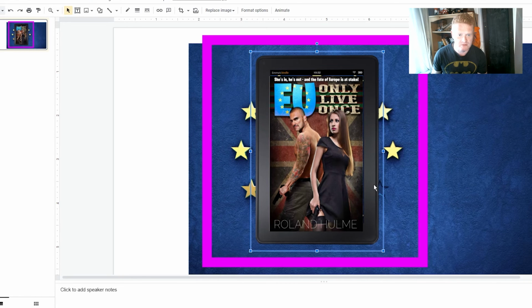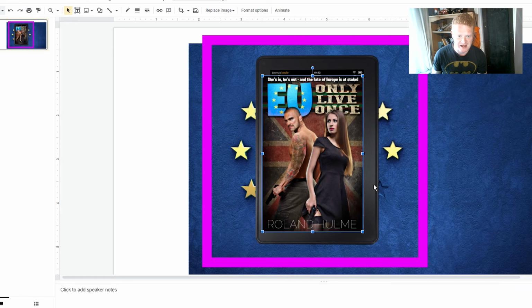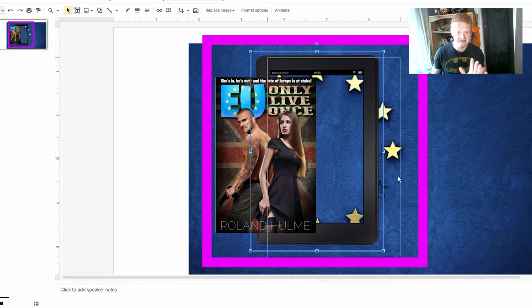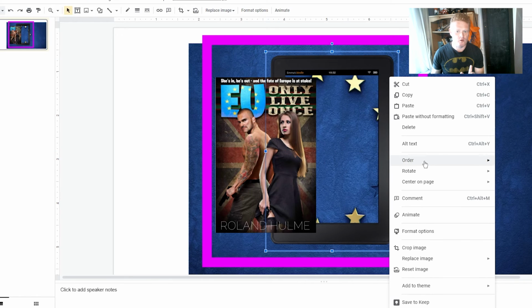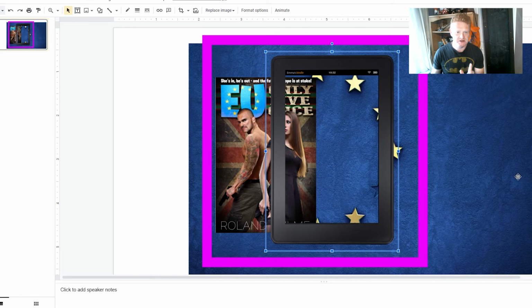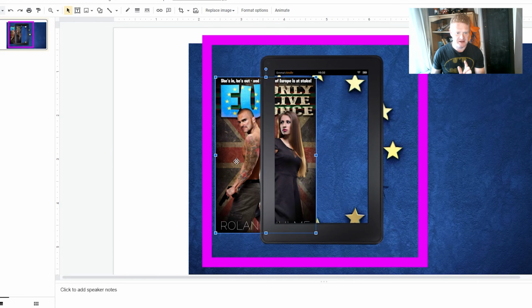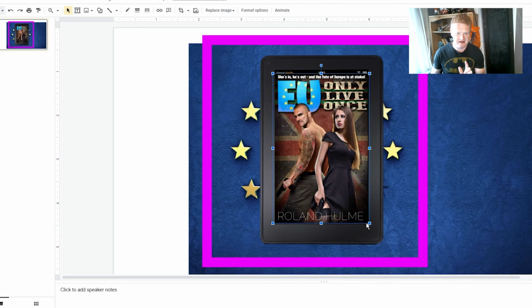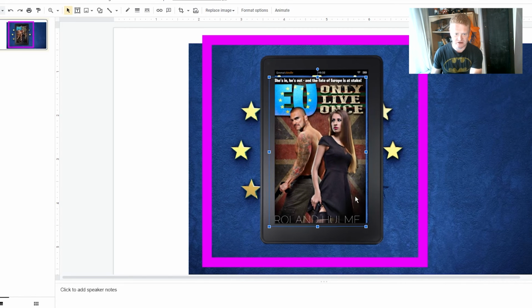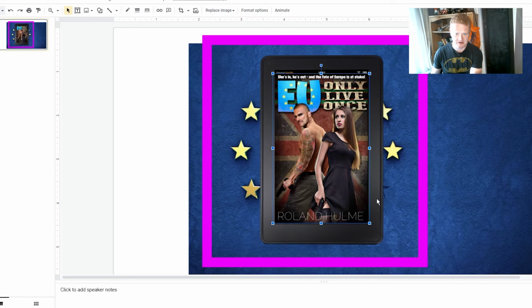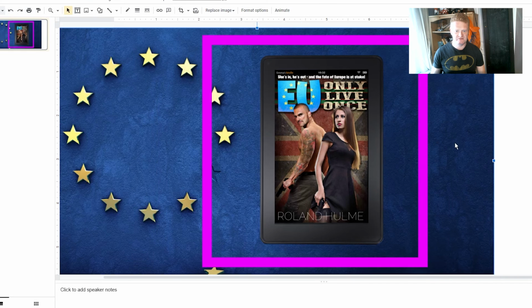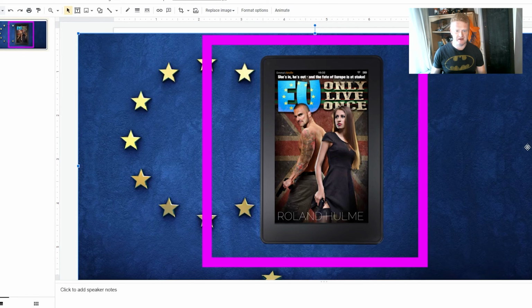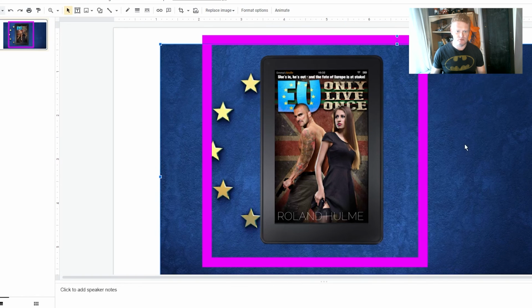The other way you can do things, so I'm going to reverse that and keep the proportions, is to take this Kindle frame and bring it forward so it is now on top of your book cover, and that's great. And then when you bring your book cover here, it's very easy to scale it in and fit it in so it doesn't look goofy or out of size. There we go. So as far as adverts go, it's not terribly exciting, but this is one way that you can put together your advert